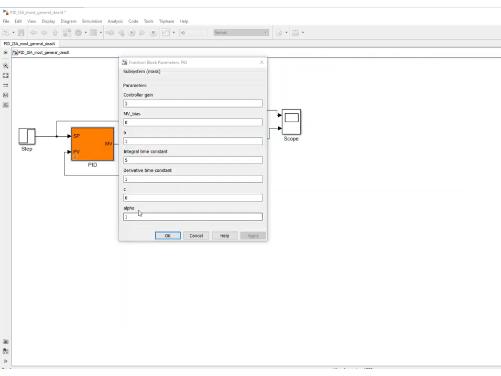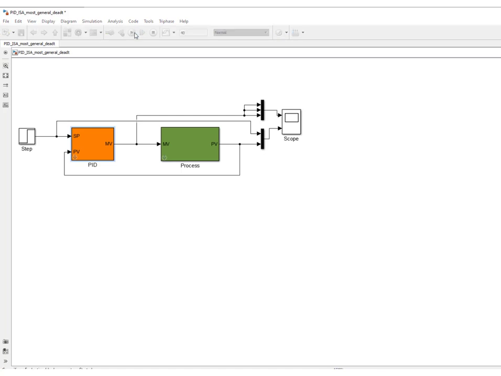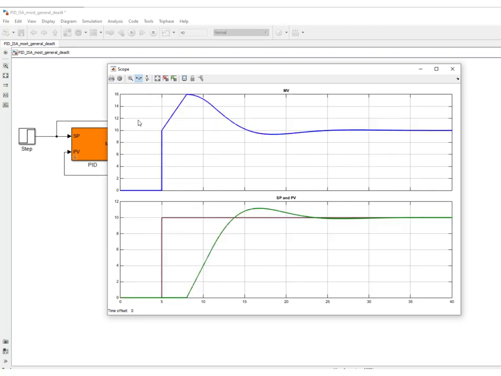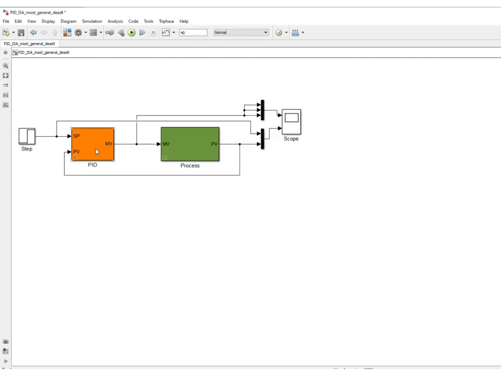Well, let us go back to the original situation. No derivative action. Have a look again at the closed loop response, and then we'll play with the parameter B, right? So here you see a proportional kick, right? The error is 10, the gain of the controller is 1, so we have a proportional kick of 10, right? Let's now